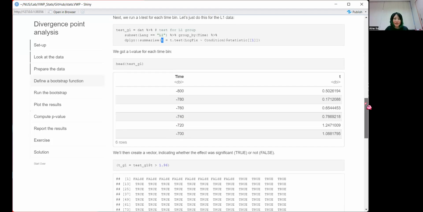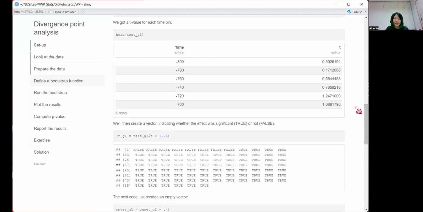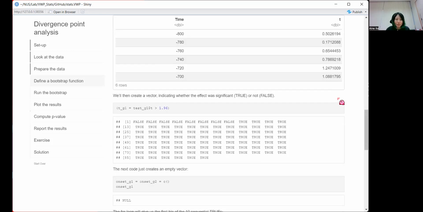Now, based on this t-test, we can get when the effect started to become significant, right? If you remember in the divergence point analysis, what we want to do is to take the first time bin where the effect was significant, right? When the effect was significant for many consecutive time bins, right? So if we first run